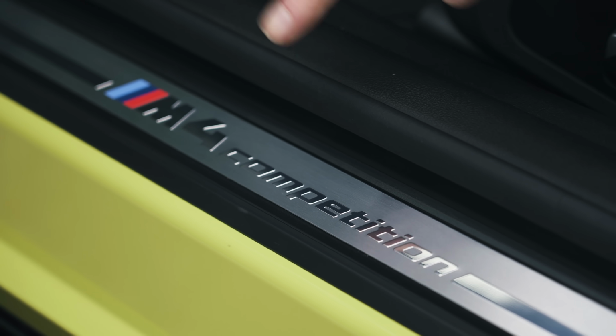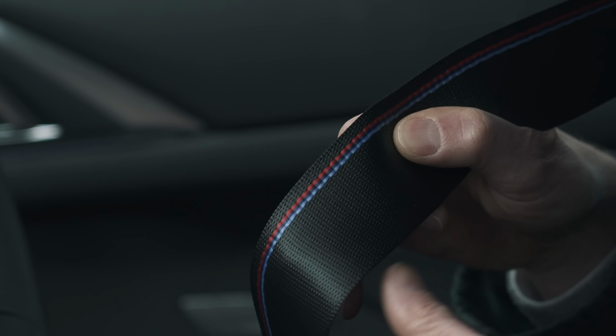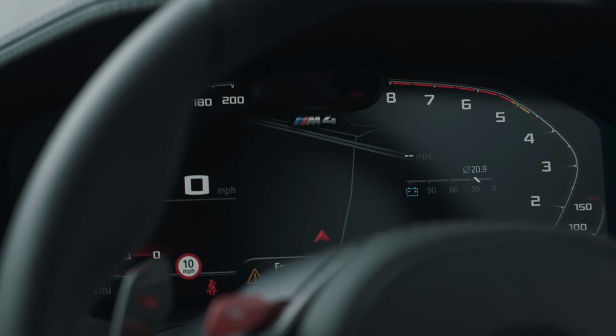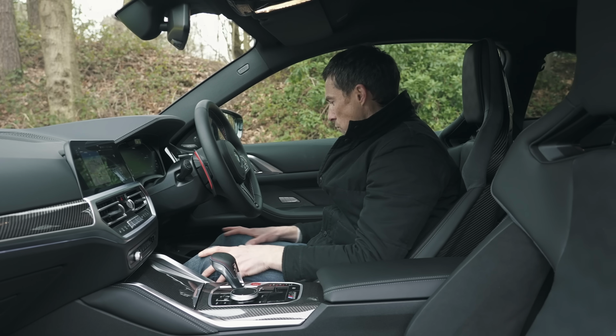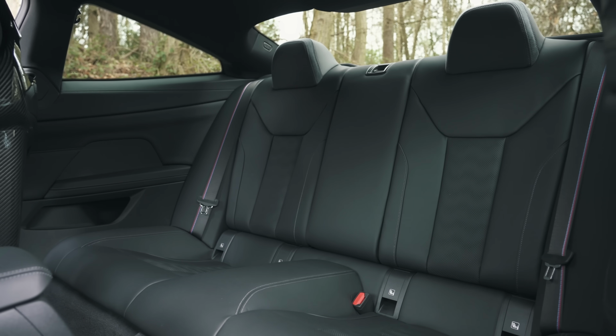You've got M kick plates. You've got more of that stitching here on the seat belt. You've got digital dials as standard, as you get in the 4 Series, but they have little M touches to them as well. Same with the infotainment system. You've got some extra M bits and pieces and menus and stuff. Here in the back seats, you've got the same problem as the normal 4 Series, which is